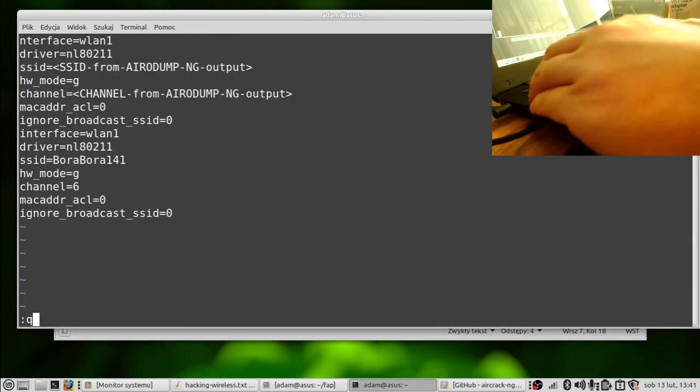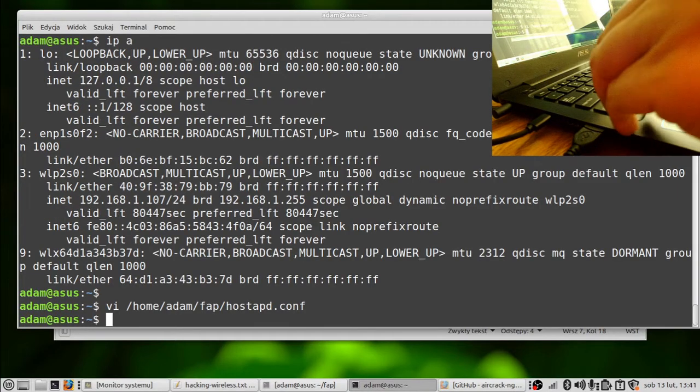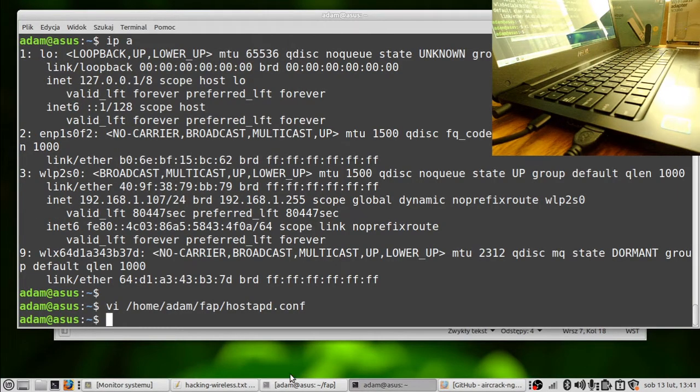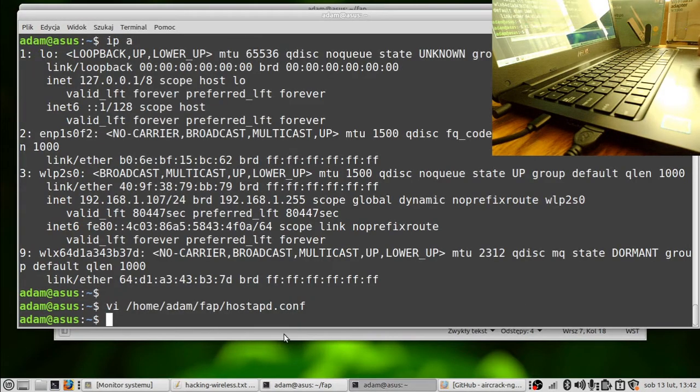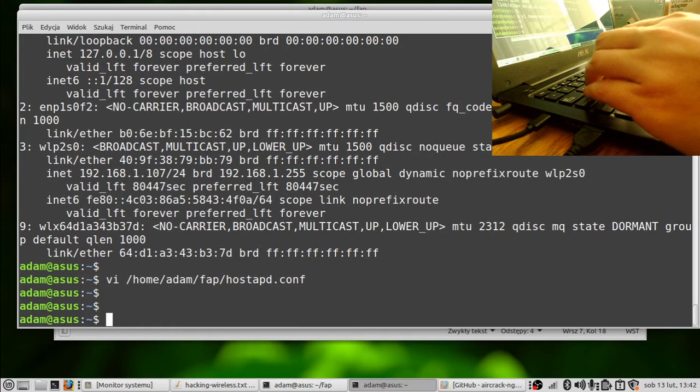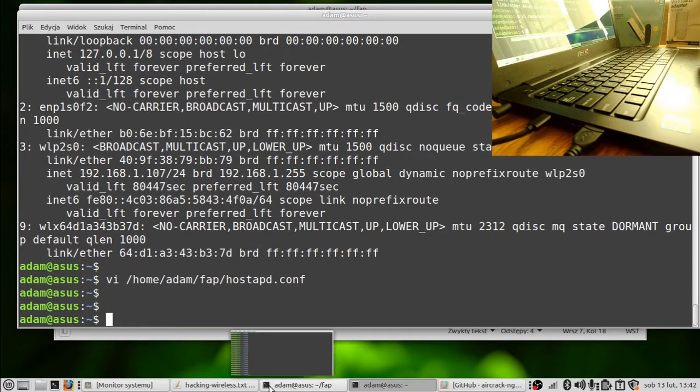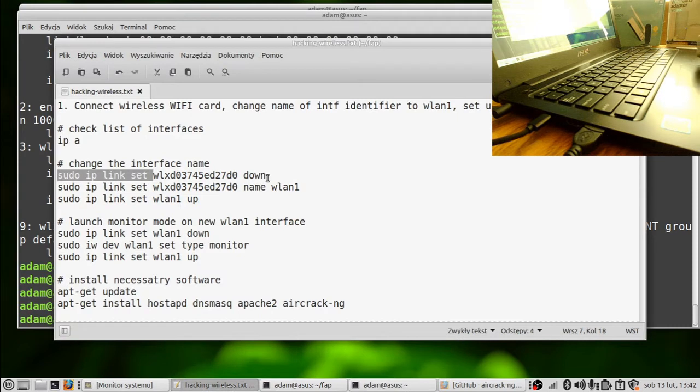Oops, not that. That's not the terminal I wanted to show. Let me do it once again. So this is the command.